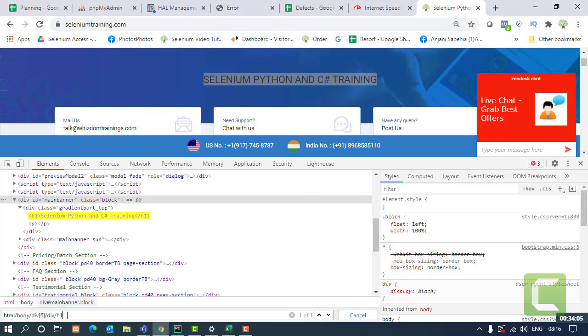This was easy, it starts from HTML and it goes on, right? Now for the next one, I have to start in a different way. Since I am not using the very first tag, I have to specify that I am going to use the partial XPath. I am going to make the partial XPath by pressing double forward slash.